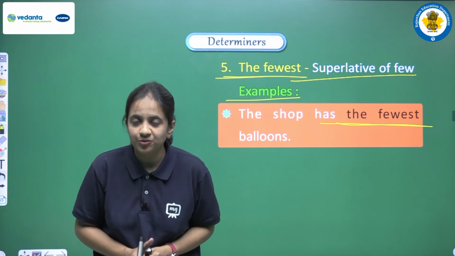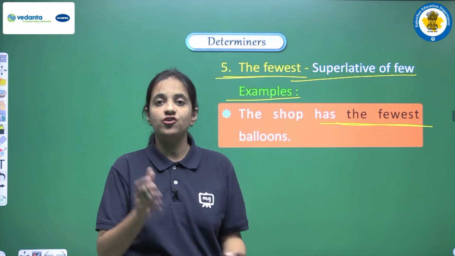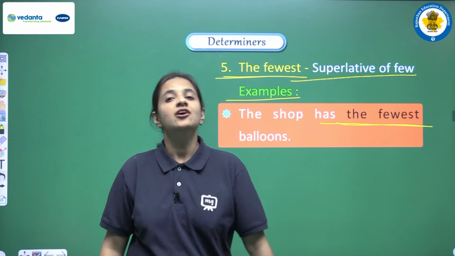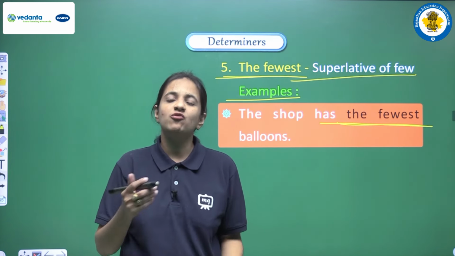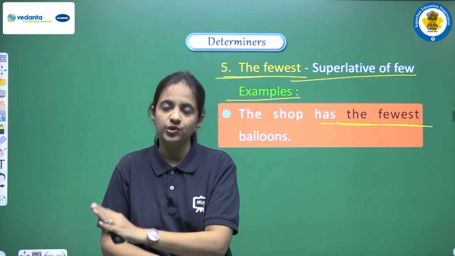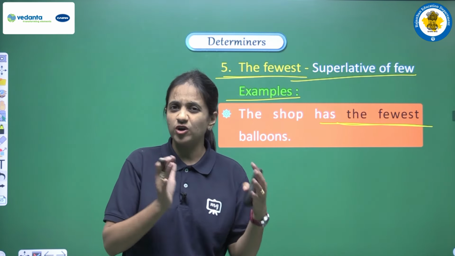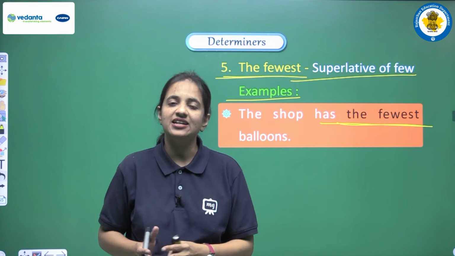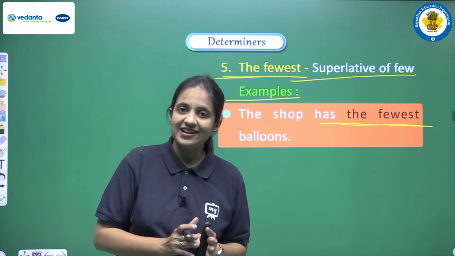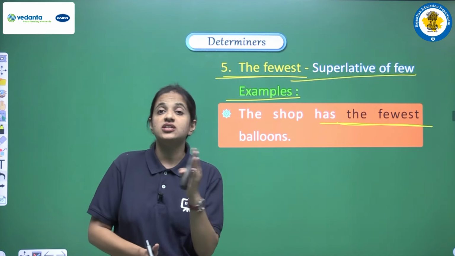So let's revise one more time. The first important thing is that all these 5 determiners, they are used for countable nouns, right? And few, it is having a negative meaning. When we are trying to say that the number was very less, it was just like nothing, so at that time we use few. Clear? Second is a few. A few is used when we are trying to show some positivity, when we are trying to say that yes, there was some small quantity but quantity was there, okay. So at that time, to show that positive feeling, to show that positivity, we use a few.